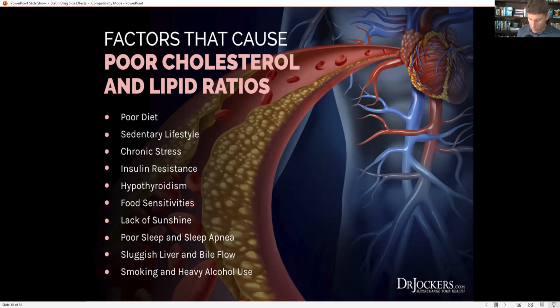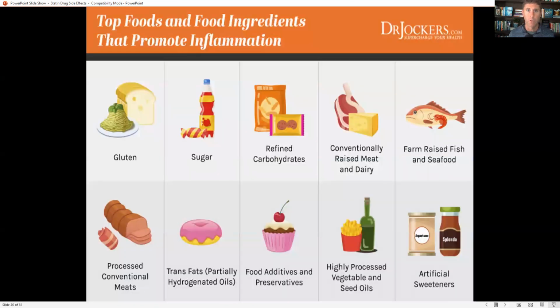And of course, we know smoking and heavy alcohol use is also a big factor, can drive up inflammation in the body, drive up insulin resistance, cause a lot of different problems, including poor cholesterol and lipid ratios. So top foods and food ingredients that promote inflammation, again, starches, sugars, refined carbohydrates. We're also talking about trans fats, partially hydrogenated oils, highly processed vegetable oils, food additives and preservatives, and also